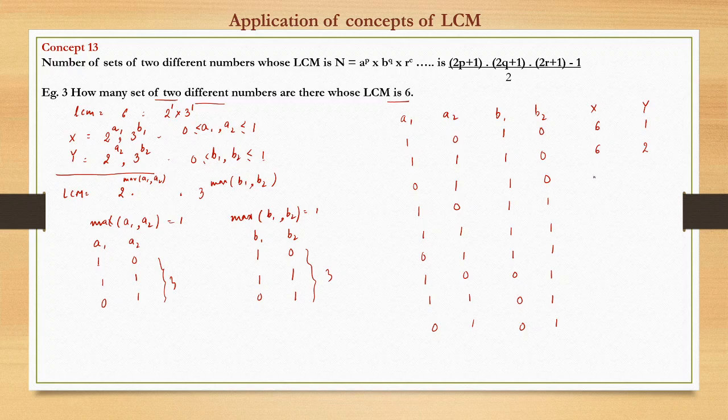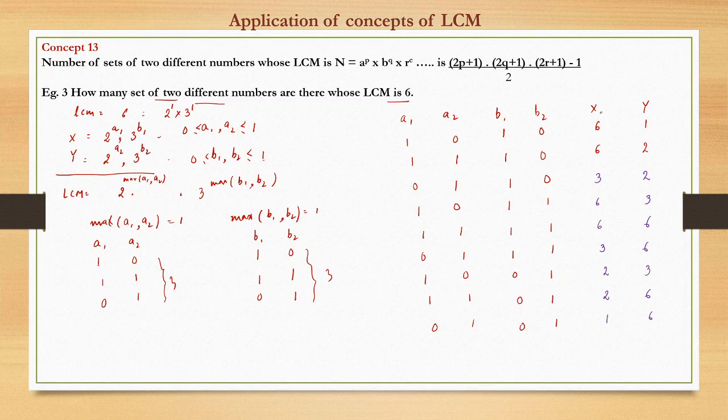This I am writing in a very simple form so that the understanding becomes very easy. Now here it will be 3 and 2. Similarly, here x will take a value of 6 and 3. Here it will be 6 and 6. Here it will be 3 and 6. Here it will be 2 and 3. Here it will be what? This will be 2 and 6. Here it will be 1 and 6. Okay, so now let us see.